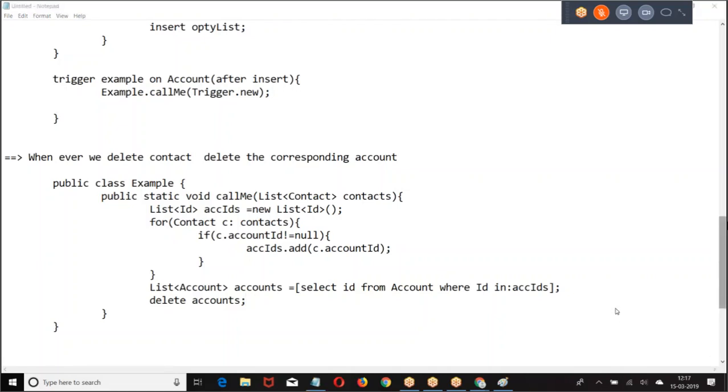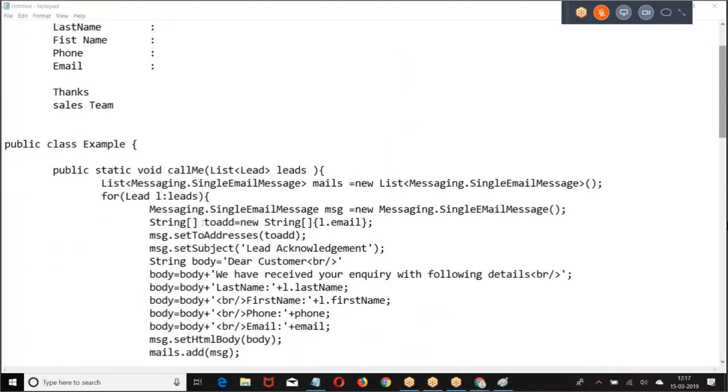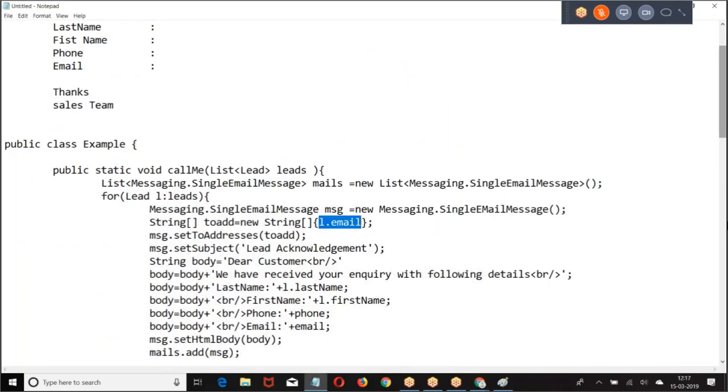Hi, Satish. In the email example, you have taken a string array of emails. Can you explain how we are adding email addresses? Lead is there, no? Lead.Email, I'm adding to the To address. Why are you taking the string with open and close braces?